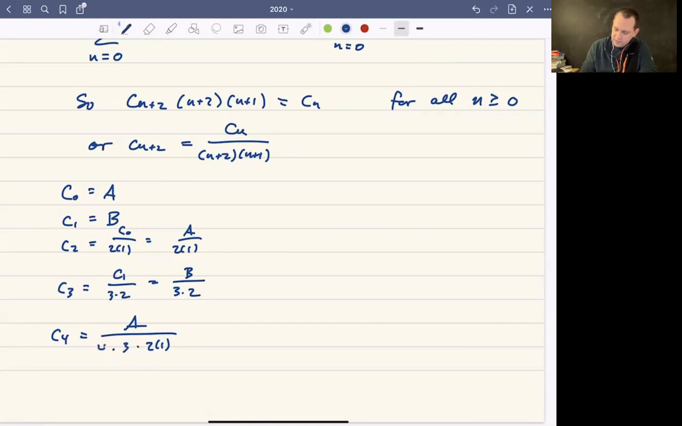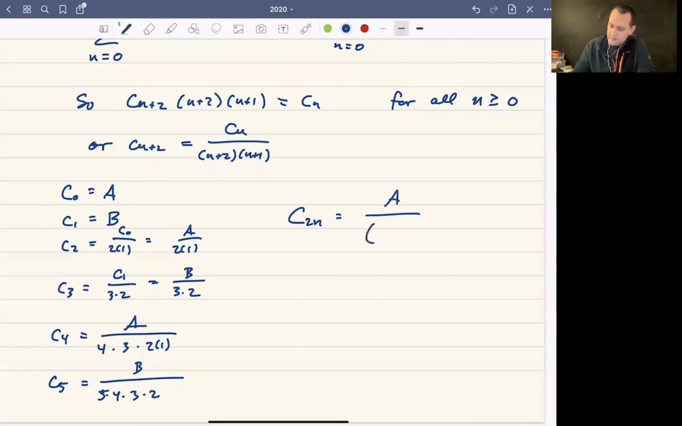So times 4 times 3. And then maybe one more. C5 is going to be C3 divided by 5 times 4. So it's going to be B divided by 5 times 4 times 3 times 2. And of course, what's going to happen here is that the even terms, C sub 2n, is going to be